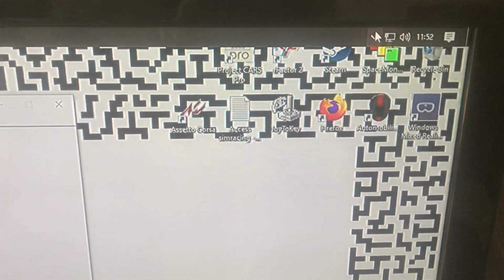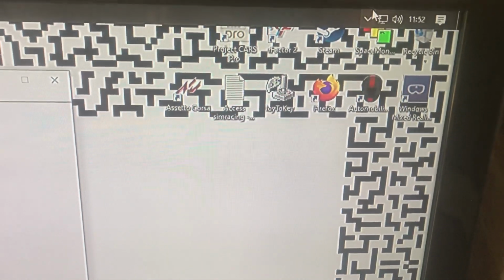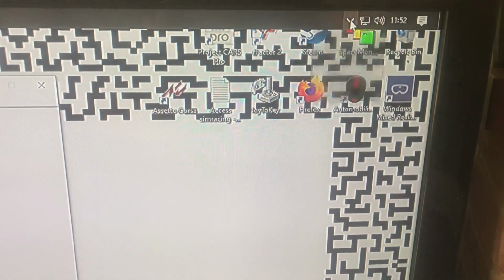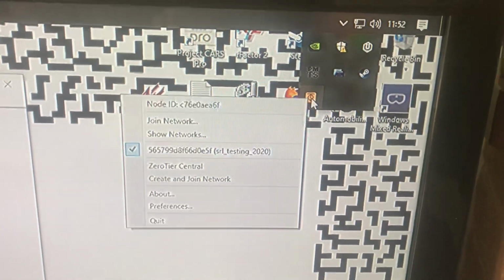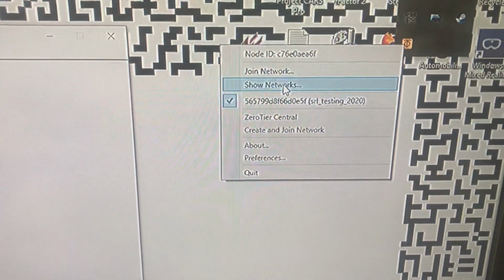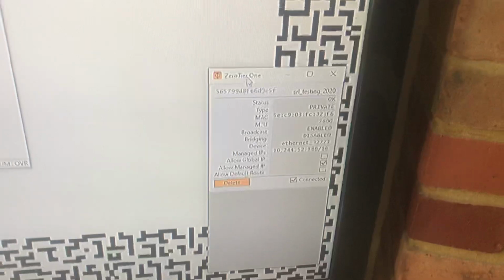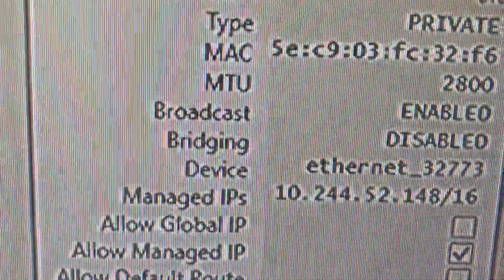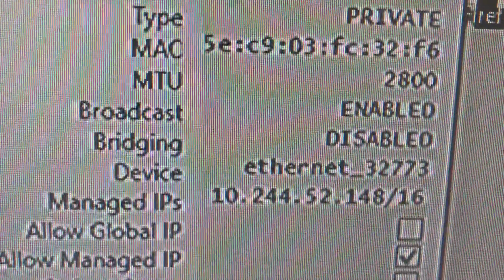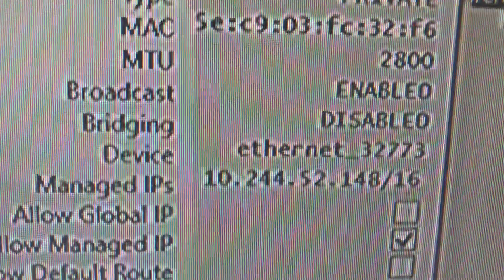If we go to the network and the ZeroTier icon, show networks, we see here effectively a virtual IP address that ZeroTier has given it, which is 10.244.52.148. So if we use TeamViewer to connect back into the venue where pod 10 is not connected,